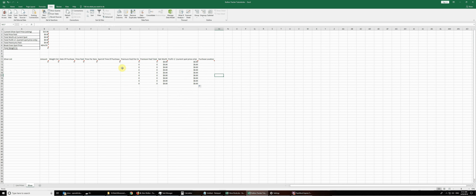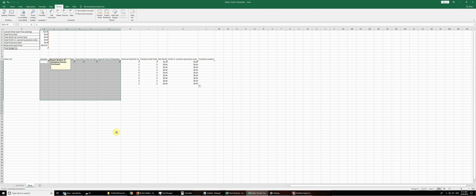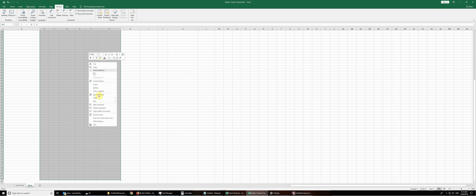Alright, so once I get all of that, just so I don't mess with these columns and actually put stuff in, I'm going to go ahead and protect these. I'm going to protect select lock cells. So I don't want to select lock cells, but I am going to unlock all of this. I'm only doing 10 rows in this example, but you're going to want to unlock all of this because